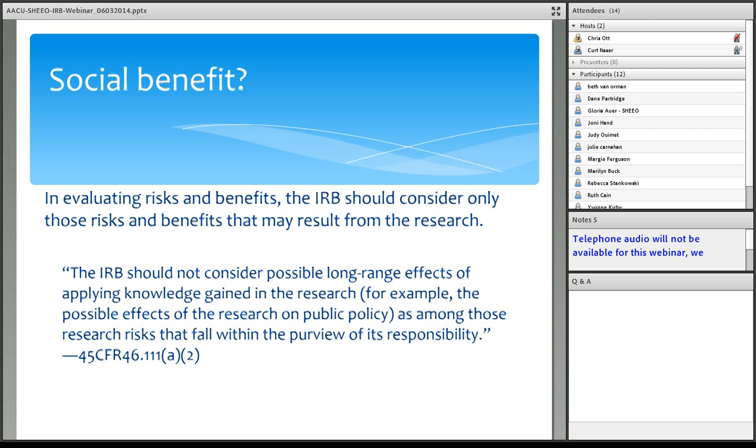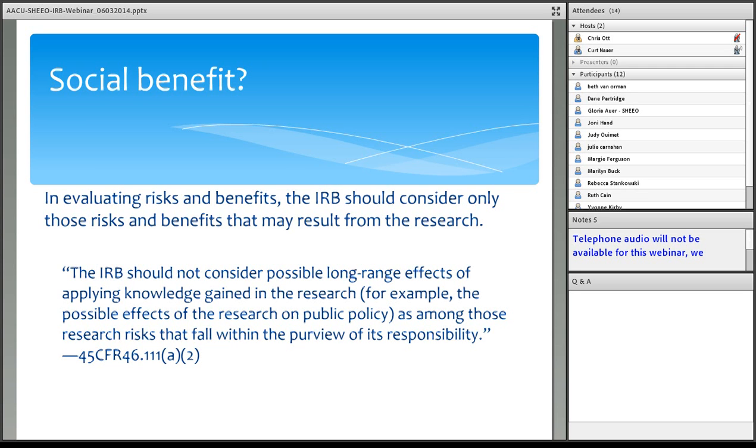But on the margin, research as defined by the regulations is what the IRB has to look at. It has to be a systematic investigation. If in the Q&A you can respond to that. It's a little bit odd in the webinar situation here, but you'll notice that the definition of research,